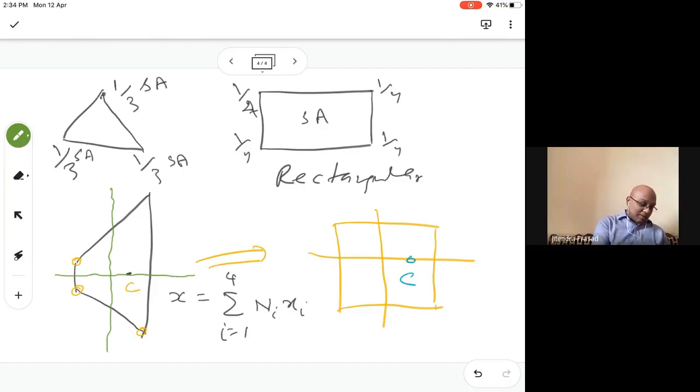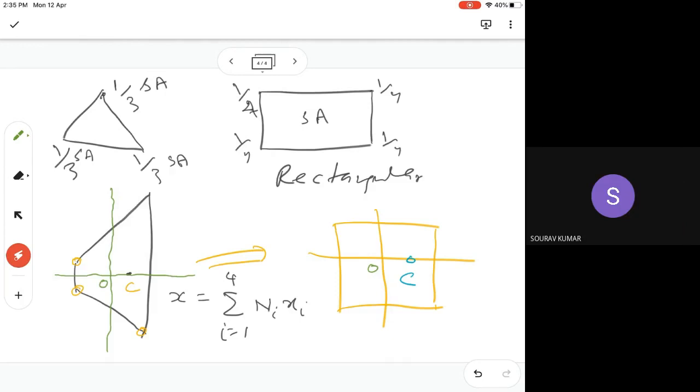Got it? So this point 0 is point 0 here. What you have done is divided into two parts. You take half here. So this is the line. This line is this line. This line is this line. So this line is okay. But this line here is not going to go through the centroid. This is just dividing this one into two, and that is where your y-axis will be. Yes, sir. Got it.